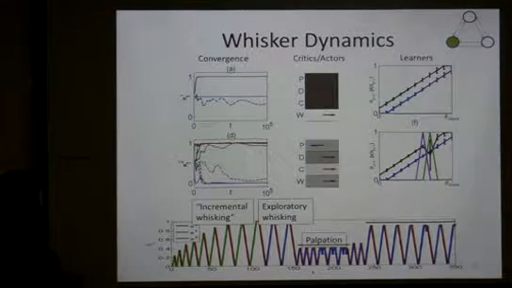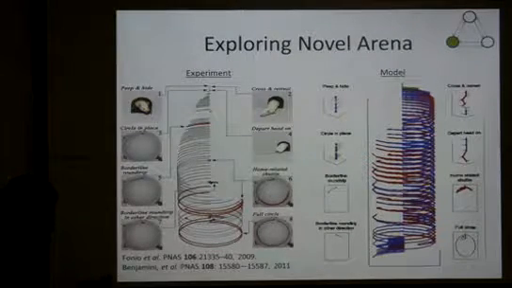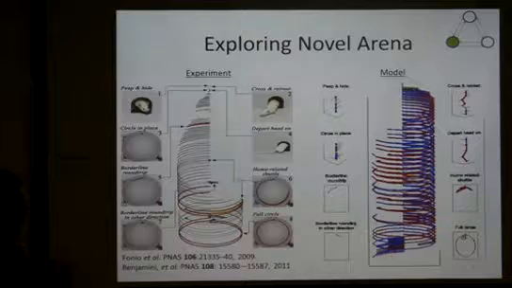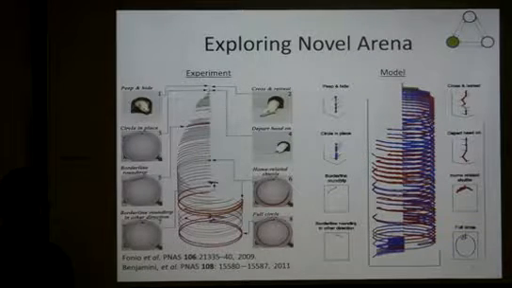I'm going to show something else that is very related. Okay. So next thing I implemented is on exploration of a novel arena, the locomotion part. This is a very ingenious experiment done by Ehud Fonio, a collaborator in our group. Again, the whole point here is the natural exploration of rodents. So what he did is, you have a home cage, and the mice were there, and the home cage opened up to a very large circular arena. So the mice could go out whenever they wanted to explore it, and it was in the dark.